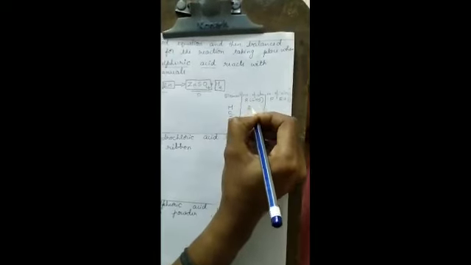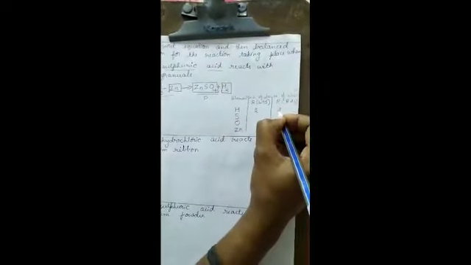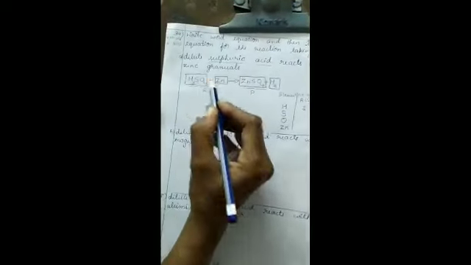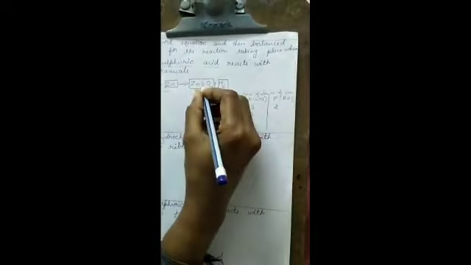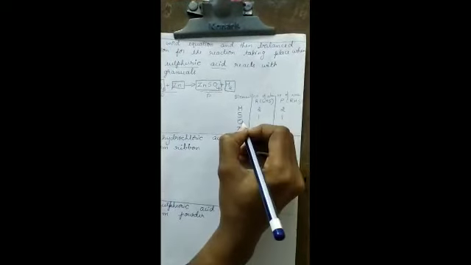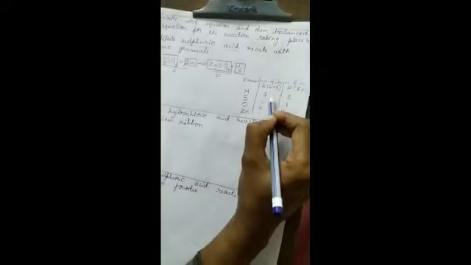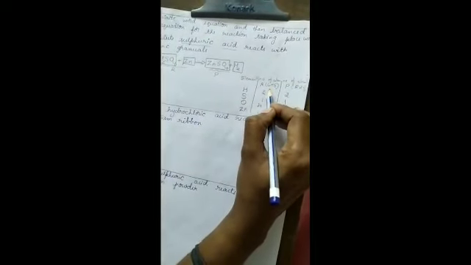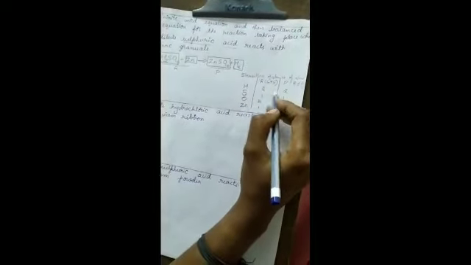So hydrogen in the reactant, how many atoms? 2 atoms. Similarly in the product, it is 2. Sulfur, 1. In the product also, the number of atoms of sulfur is 1. The oxygen, it is 4, and in the product also, it is 4. Zinc, it is 1, and in the product also, it is 1. Now, we have to compare the number of atoms in LHS and RHS. If they are the same, then it is balanced.